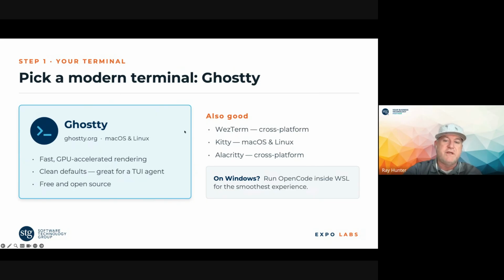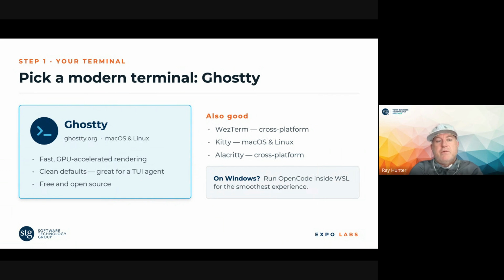For some reason I was thinking OpenCode was on Windows, but I guess you have to run it under WSL for a better experience, but there are probably other terminals on Windows that will allow you to run OpenCode inside of them. And OpenCode's website has some additional information for it.